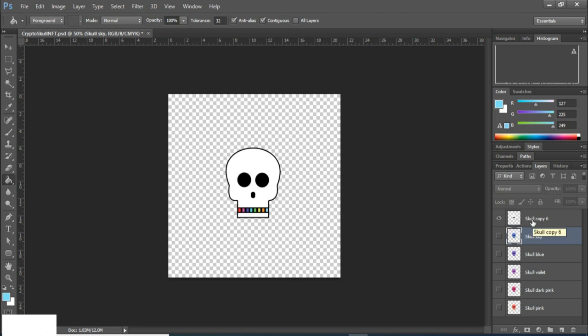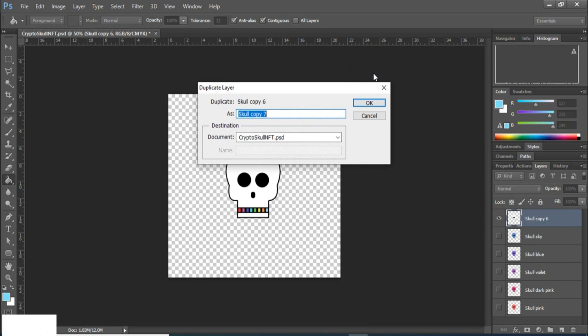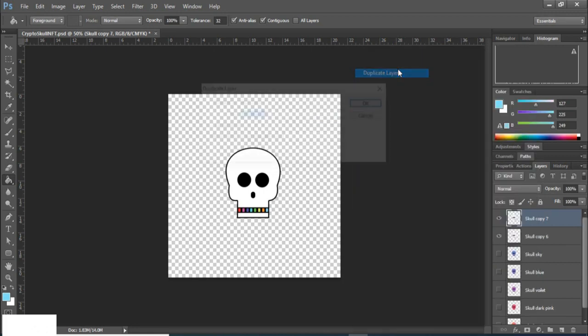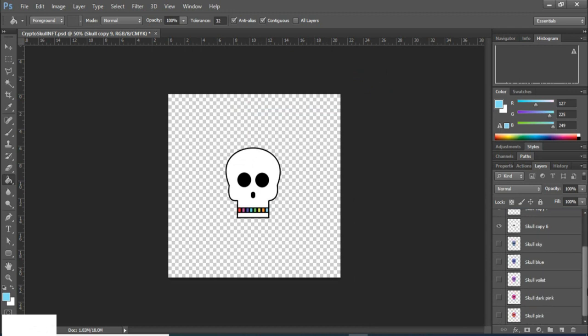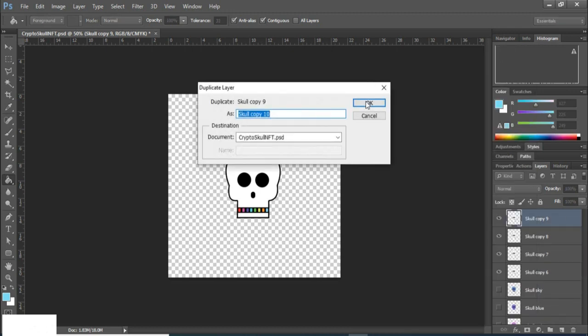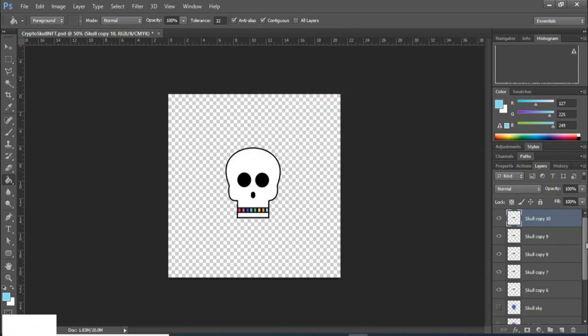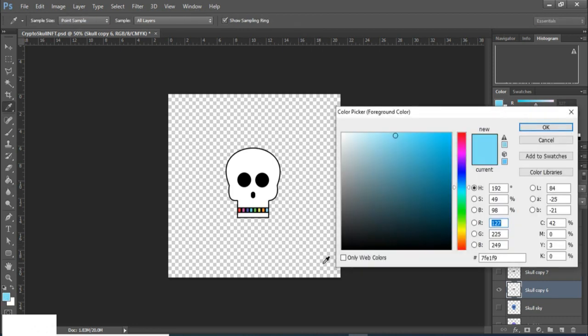So I am going to copy, so we have 5 copies with teeth colors. Okay, now we can fill the background color of this skull, and select this skull copy 6, and let's go on colors, and